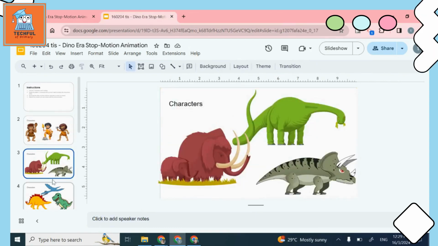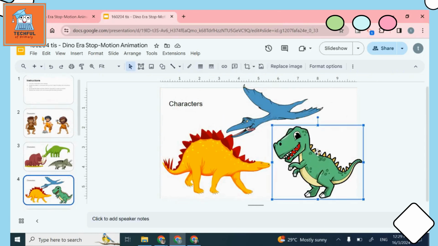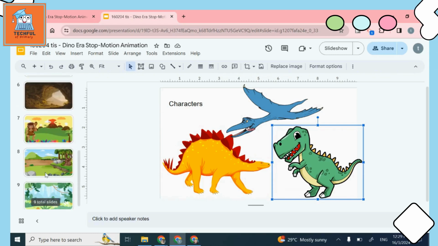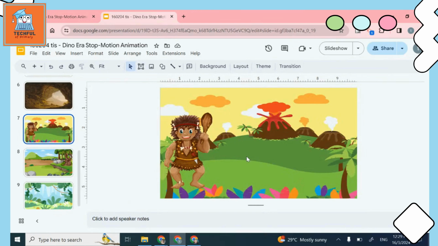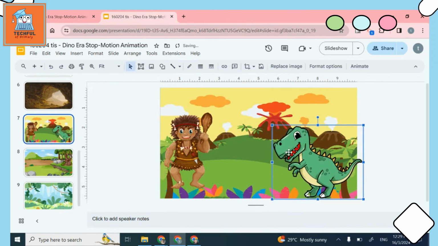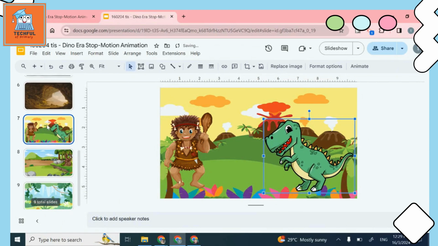Maybe another one will be a T-Rex. Here you go, click on the T-Rex, Control C or Command C, and go back to the setting that you have chosen. Control V here. Okay, I have done